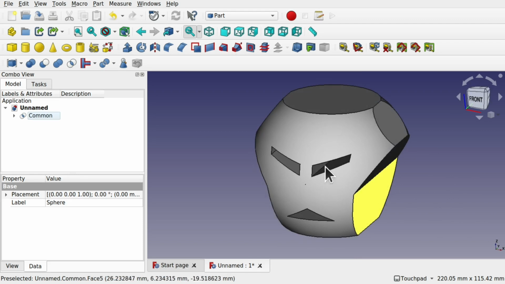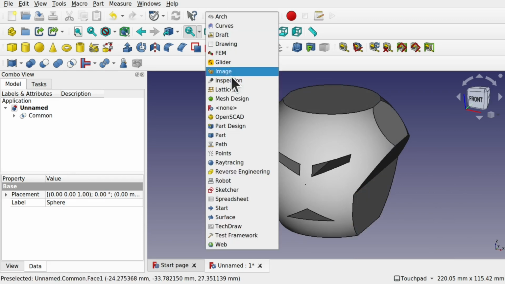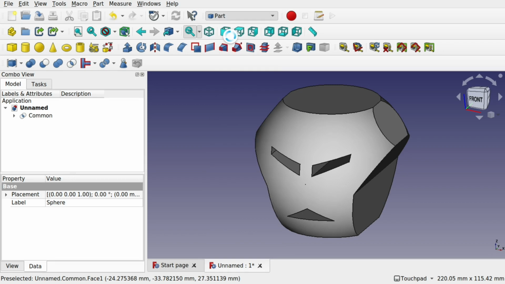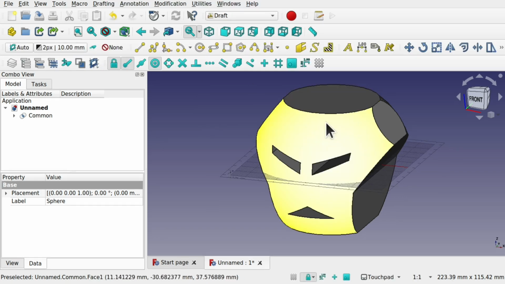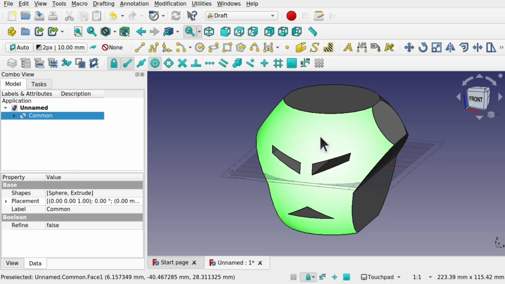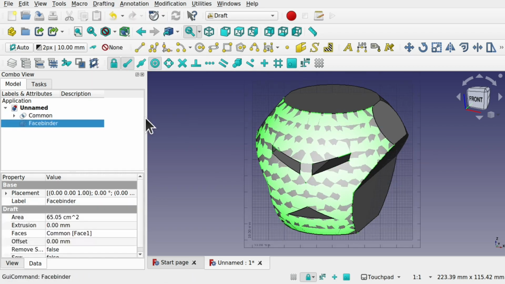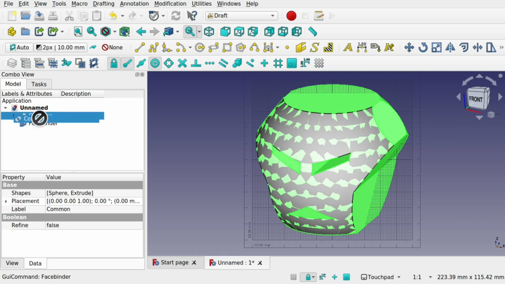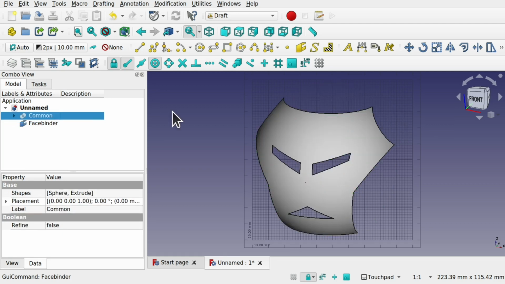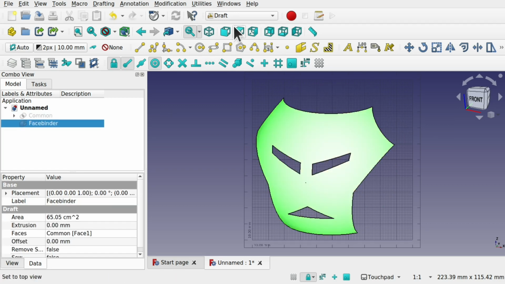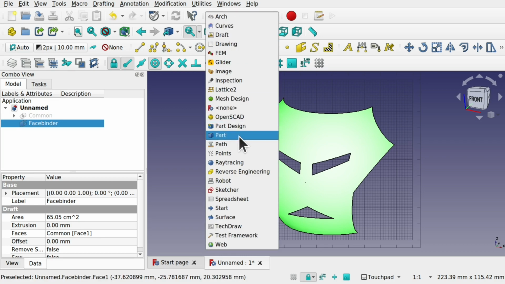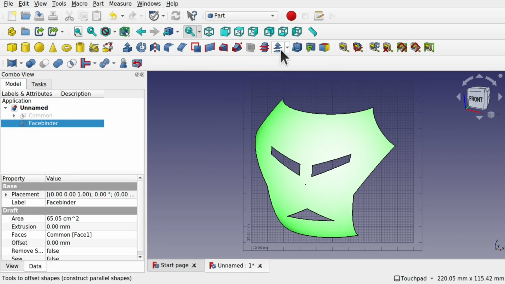And the next thing I'm going to do is come over to the draft workbench, and I'm going to take this face and use the drafting tools and a face binder, extract out that face. Let's hide the common now, so this one here. We've got a face, come back to the part workbench, and let's add a thickness to that face, so using